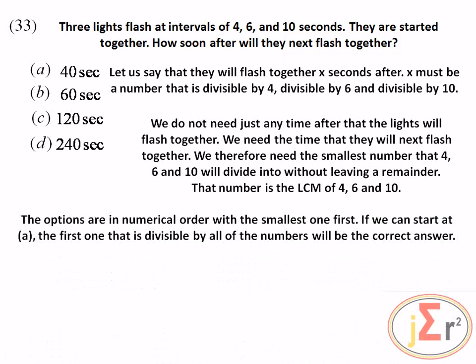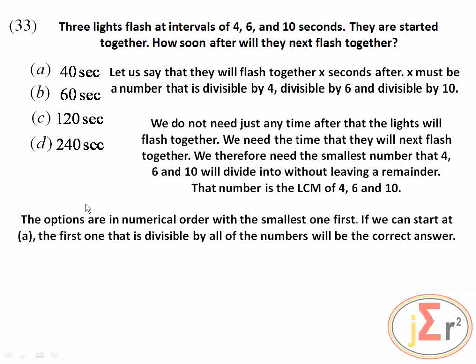The options are in numerical order, with the smallest one first. If we start at A, the first one that is divisible by all of the numbers will be the correct answer. So we need the LCM, so we need the smallest number. But it is convenient that the numbers in the options are already in numerical order. Therefore, we may begin at the first one, and the first number that is divisible by 4, 6, and 10 will